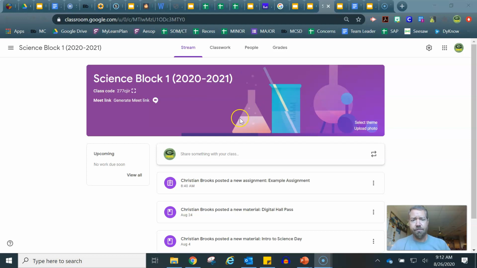Okay, so we're looking at a Google Classroom page right now, and I tried to put in a fake assignment to kind of show you what it would look like if we had to do this. So your child would already have their Google Classroom page bookmarked on their computer. They would go to it, and